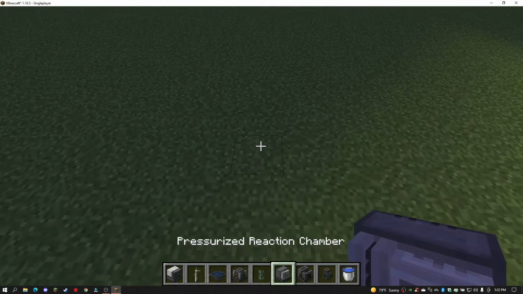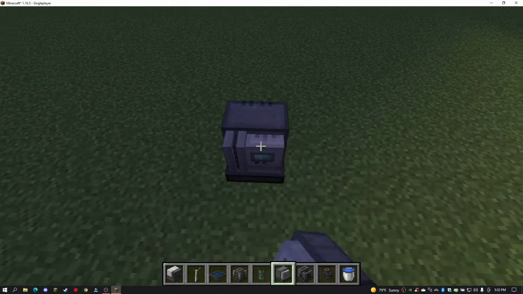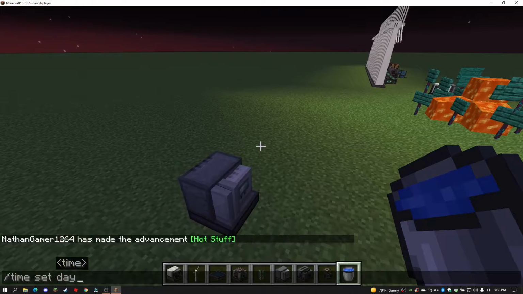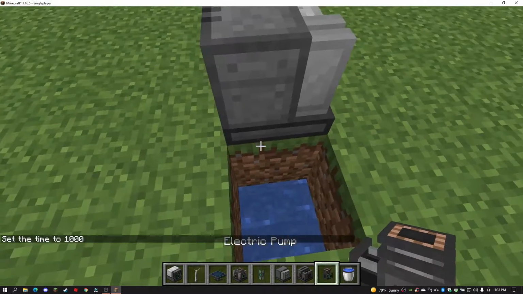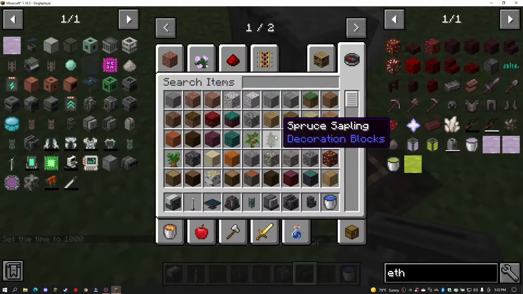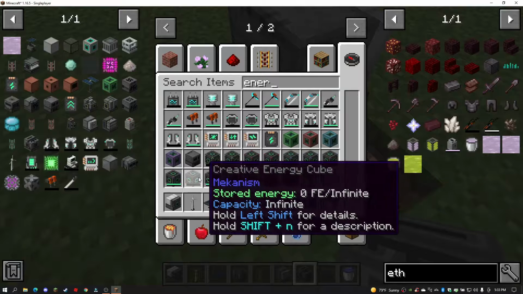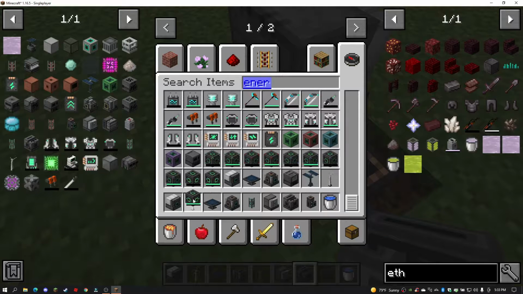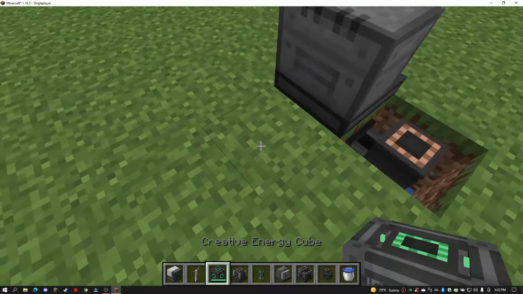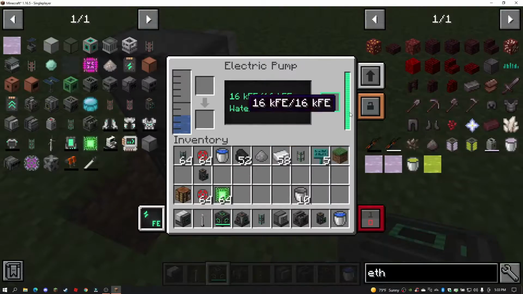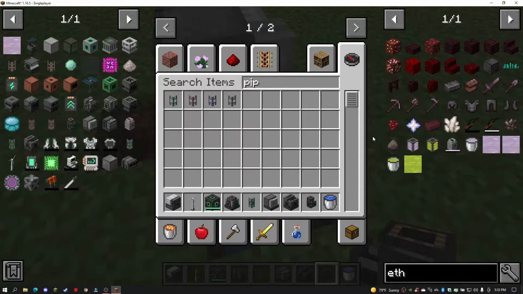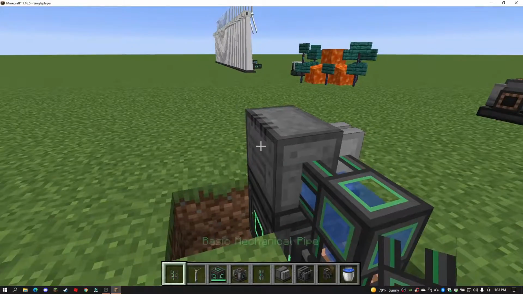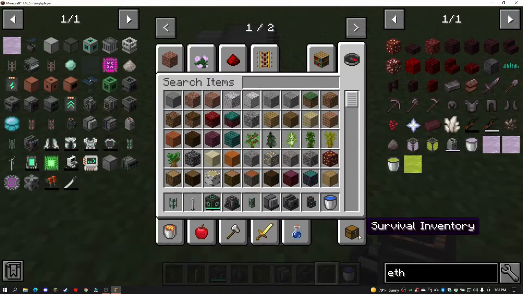So let's put our pressurized reaction chamber right about here. Now let's put our pump down there, and right now, just to make things easier, we're going to use a creative energy cube, which just gives infinite energy. Next, we're going to need our pipe, and let's just hook that up. This should be getting water. Now we need an